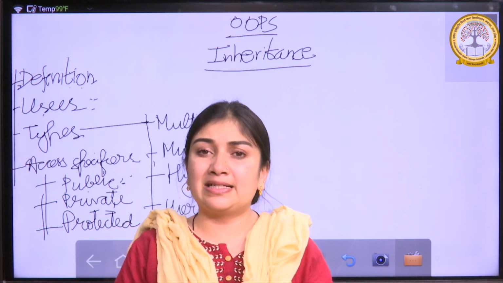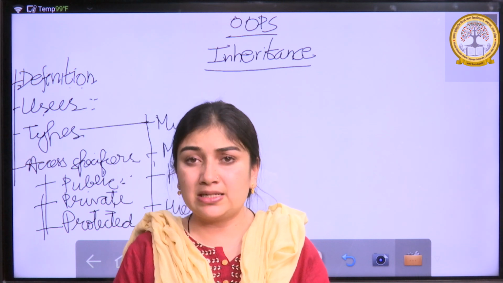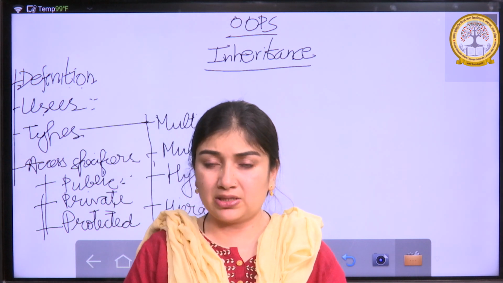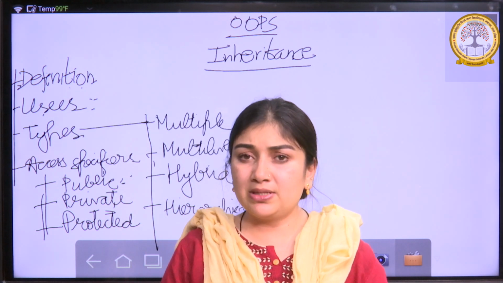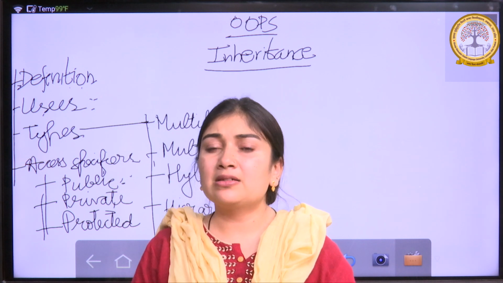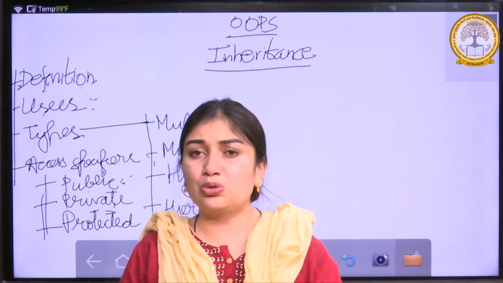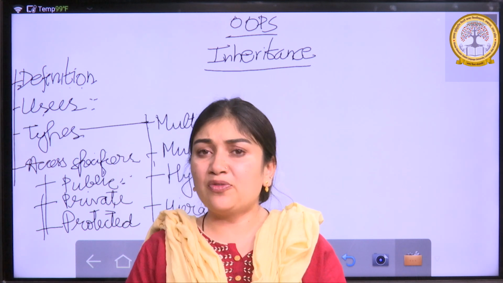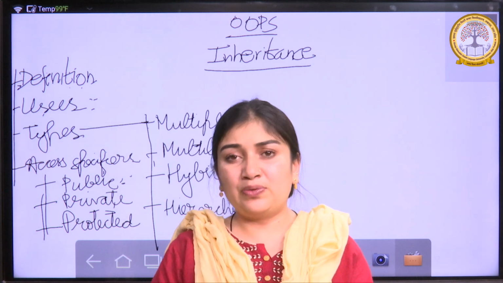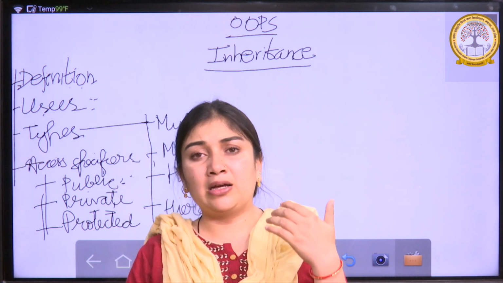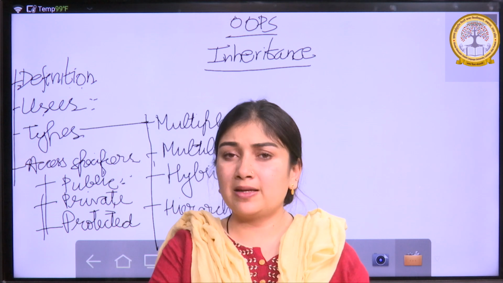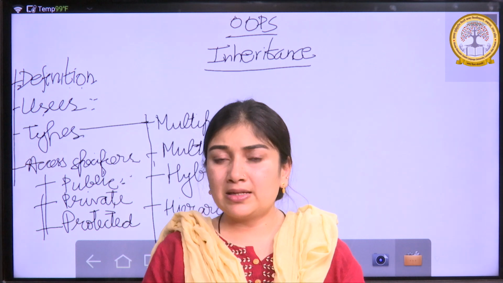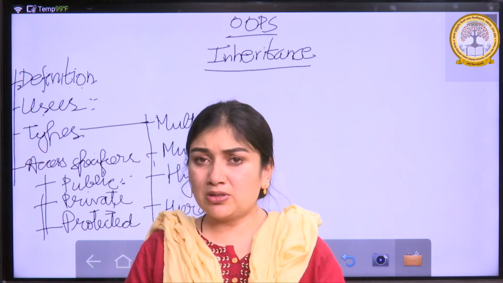So, to begin with, let us first know what inheritance means. As we have been discussing in every session of ours, because we are talking about everything in terms of object orientation, inheritance is a mechanism through which a class inherits the properties of another class. If we relate it to the real world, the properties of a grandfather get inherited by a father, the properties of the father are inherited by his son, and the process goes on.